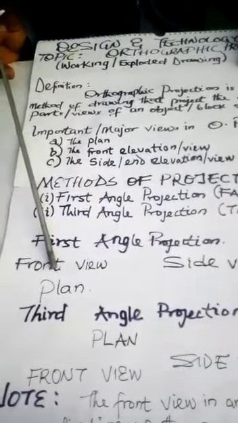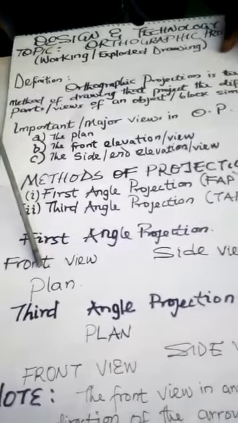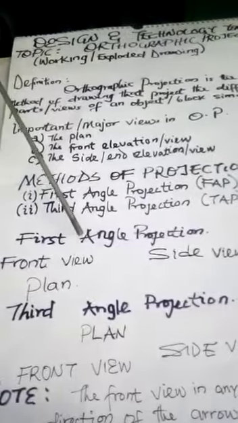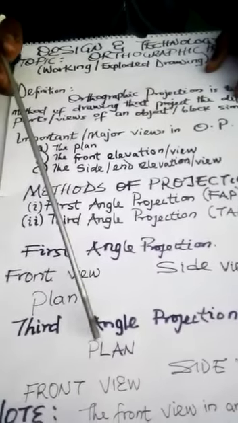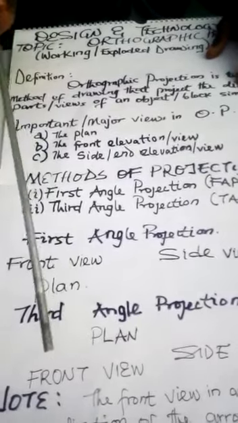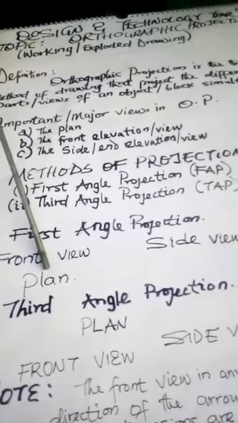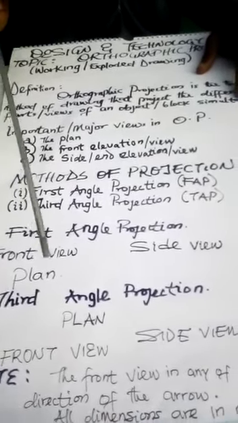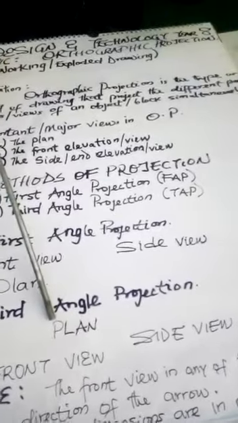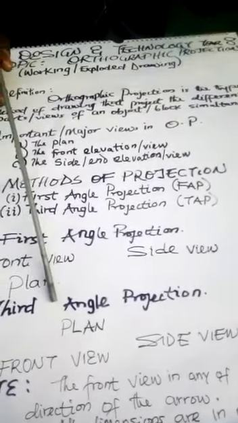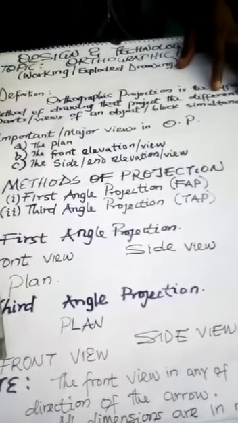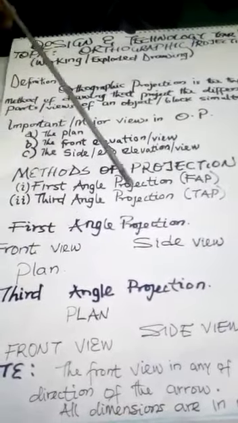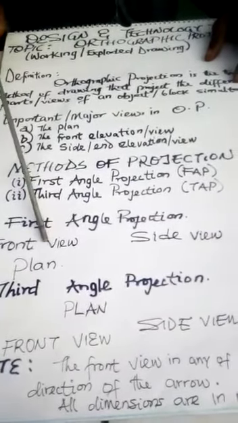Now, let's go to third angle projection, which is the second method of projection. The third angle projection is just like the reverse of the first angle projection. You have the plan directly on top of the front elevation, and you have the side elevation as usual in front of your front elevation. If you draw your plan, you project it down to get your front elevation. In most cases, to make it easy, it's better you draw the front elevation and project it up to get your plan, and you project the plan and the front elevation to get your end or side elevation.